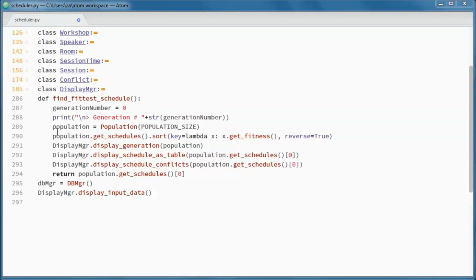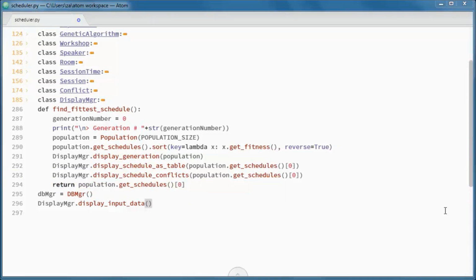So we're instantiating a population, so it'd be generation 0, and we are sorting the schedules in that population and displaying the generation and the schedule as a table and the conflicts, and returning the fittest schedule in that population.